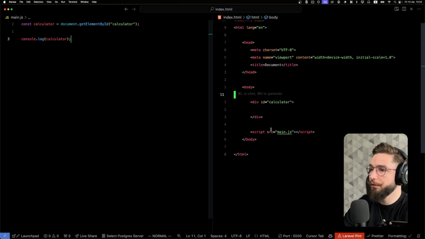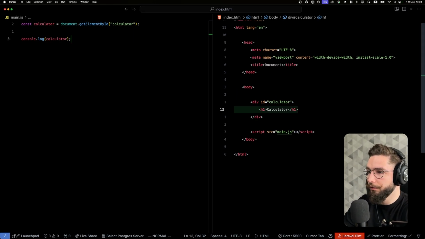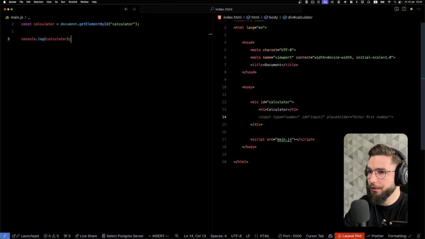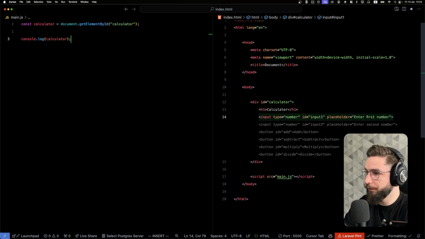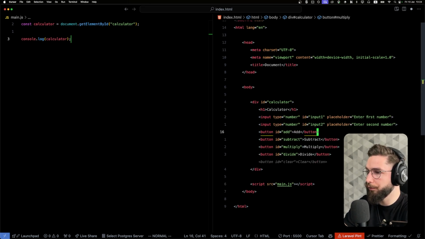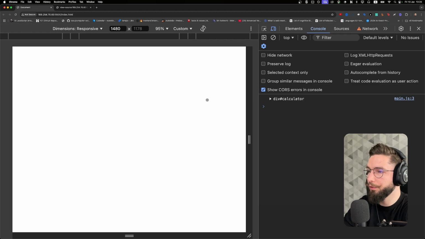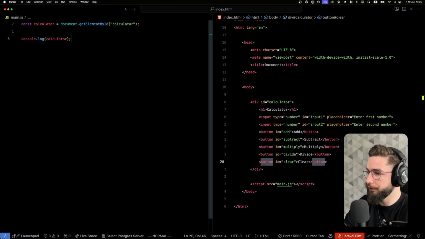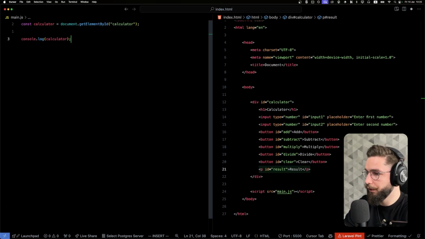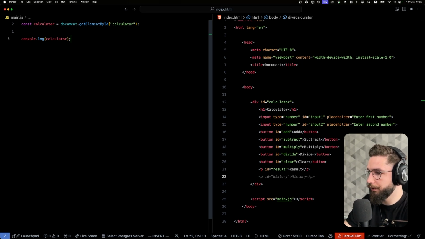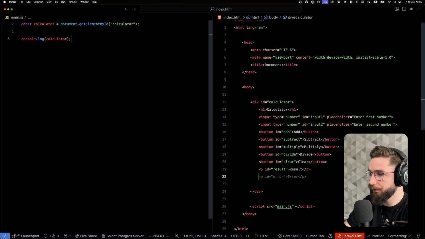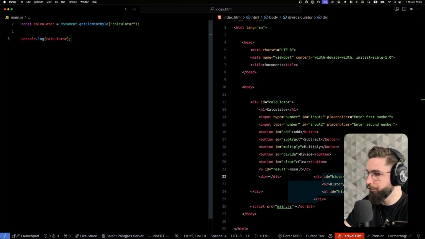Now let's add what a calculator needs. First, let's name it calculator. Yes, we need an input. I don't think we need, actually no, we need those two. Let's add, subtract, multiply, divide, and clear. Okay, let's just do that. I'm just gonna leave AI to help me with the layouts and the buttons. Okay, we need the result, and no, we don't need the history, but we need a division,